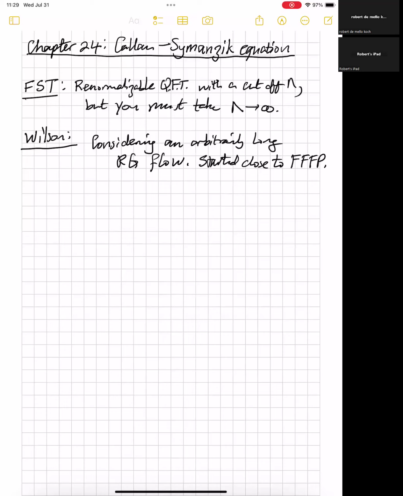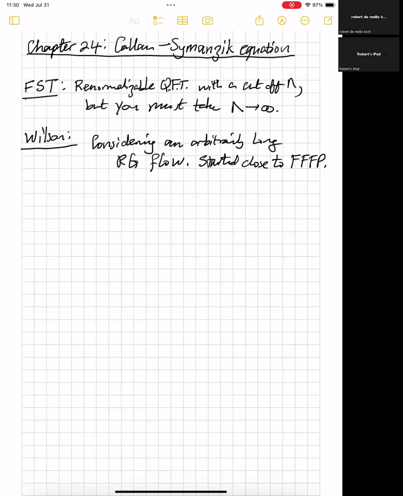Now, this might look like a bit of an assumption that we started close to the free field fixed point, and it definitely is. Are there interesting questions we can ask when we don't start close to the free field fixed point? Of course, we would love to be able to start in the UV close to some interacting fixed point and study the flow starting from that interacting fixed point. But that's hard to do, and it goes beyond perturbative quantum field theory. So the reason why we're assuming that we've started close to the free field fixed point is that's all we can do with our weak coupling tools. So this is not a statement about what's interesting. It's a statement about how poor we are at calculating. We've only really got perturbative quantum field theory under good control.